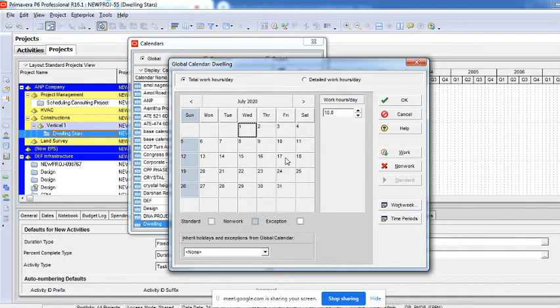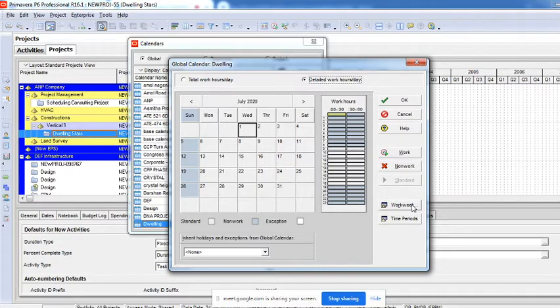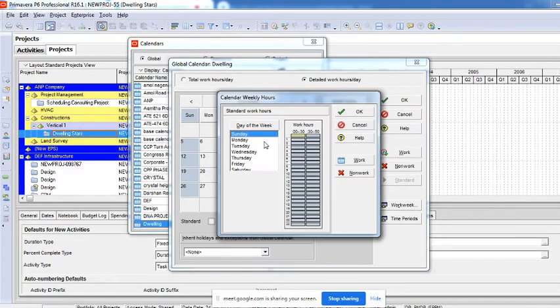Okay, I want something different now. I'll click on detailed work hours per day, then again click on work week, and again select all Monday to Saturday. Assume I want a break in between. So 1 to 2 o'clock I have a lunch break, which I do not want to consider as a working hour. You can see I have selected between 1 to 2 here. Each block is 30 minutes, so I have selected 2 blocks, that is 0 to 30, 30 to 60, meaning 1 to 2. I've selected that and I'll make it non-work.